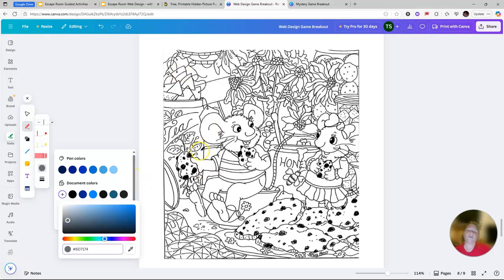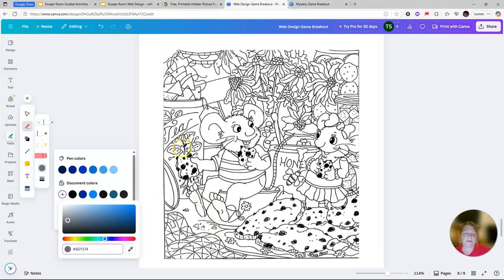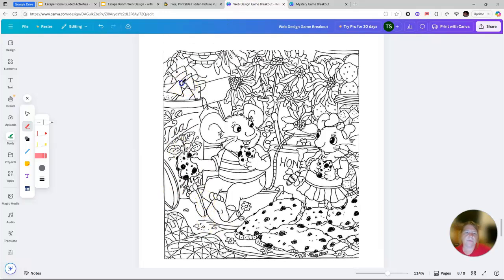Okay, then you're just going to draw. Now, every time you let go of your mouse, it makes a new shape. So just understand that if you let go of your mouse, like I'm drawing a T and I let go, it's 2 pieces. So if I need to move it, I have to move both pieces. All right, so I want to do semantic. So I might up here do my S, and then maybe here do my E. Oops, that looks kind of weird, but that's okay. E. And then an M,